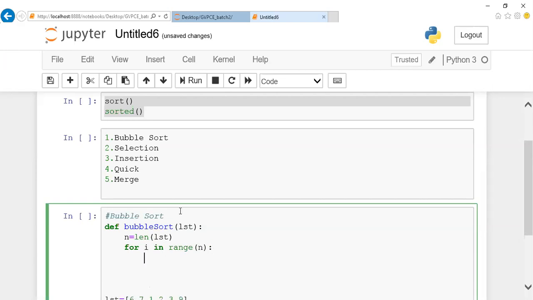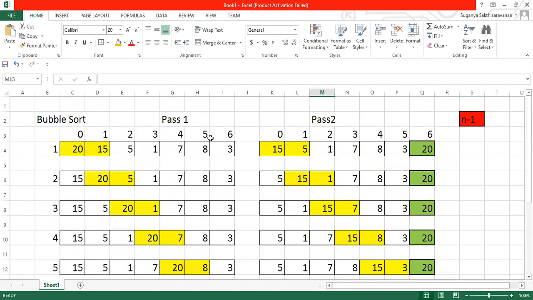And here inside your for loop, for j in range, each and every time, how many comparisons am I going to do? First time n minus 1, isn't it? First time n minus 1, which is nothing but, for example, 7 minus 1, I'll go till 6, isn't it?